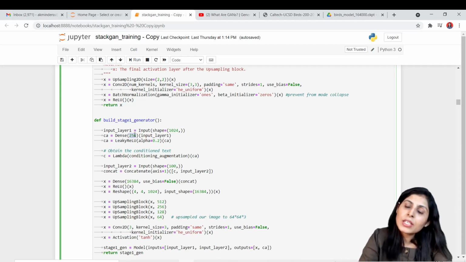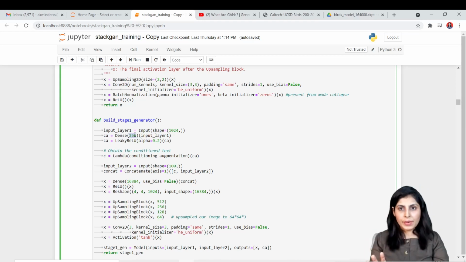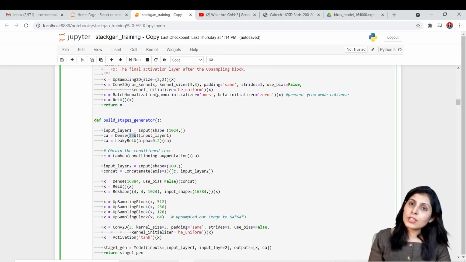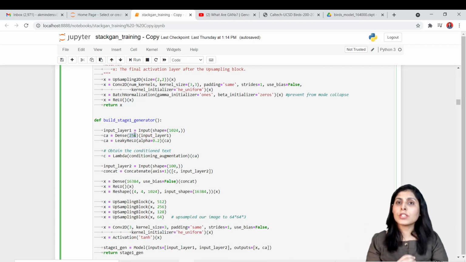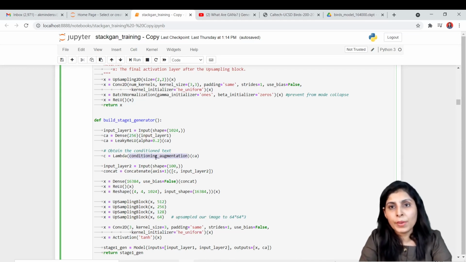Why are we compressing it? Because if you don't compress the embedding, it will take more time to train and consume more resources. That's why we have used 256 neurons, so the 1024 embedding vector goes to a dense layer of 256 neurons and we compress the size of our embedding. Then we perform conditioning augmentation on it, which we defined above.